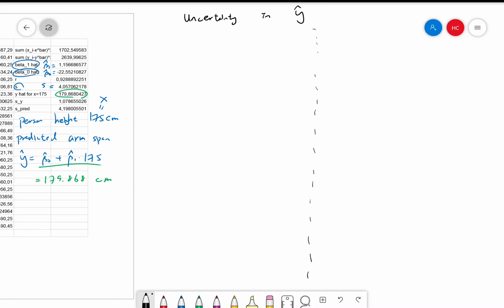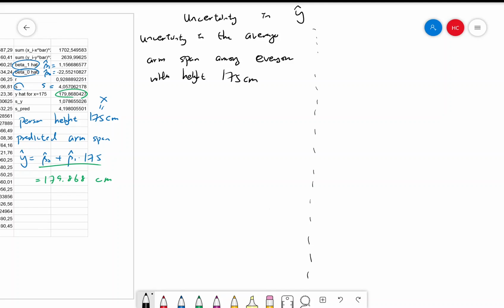Essentially, there are two different kinds of uncertainties. When we say height is 175, we can measure the uncertainty in the average arm span among everyone with height 175 centimeters. So if you say x is 175, you can take every single person whose height is 175 centimeters, measure their arm span, and take the average of their arm span. That's one way. Or we can